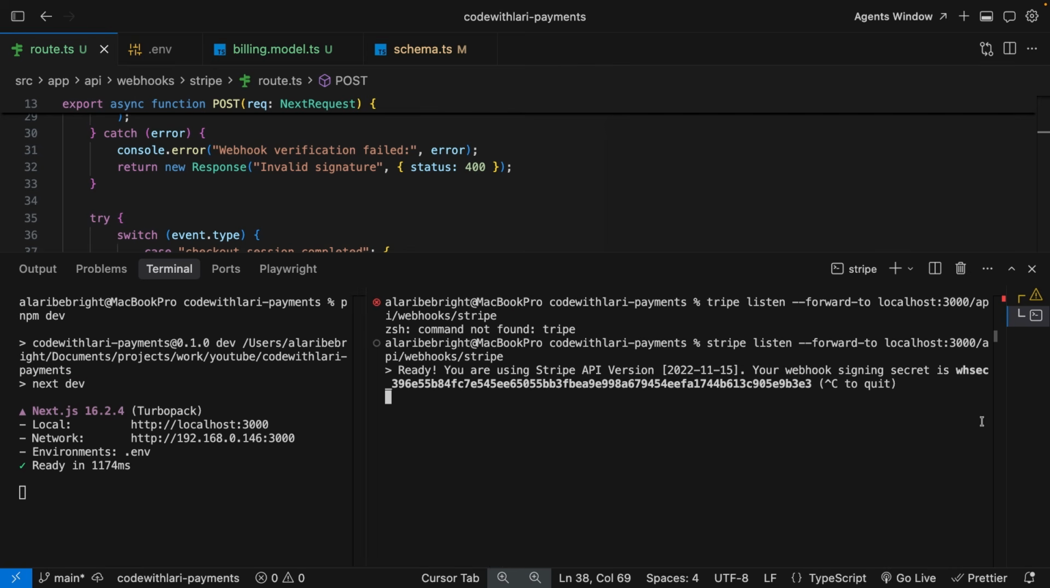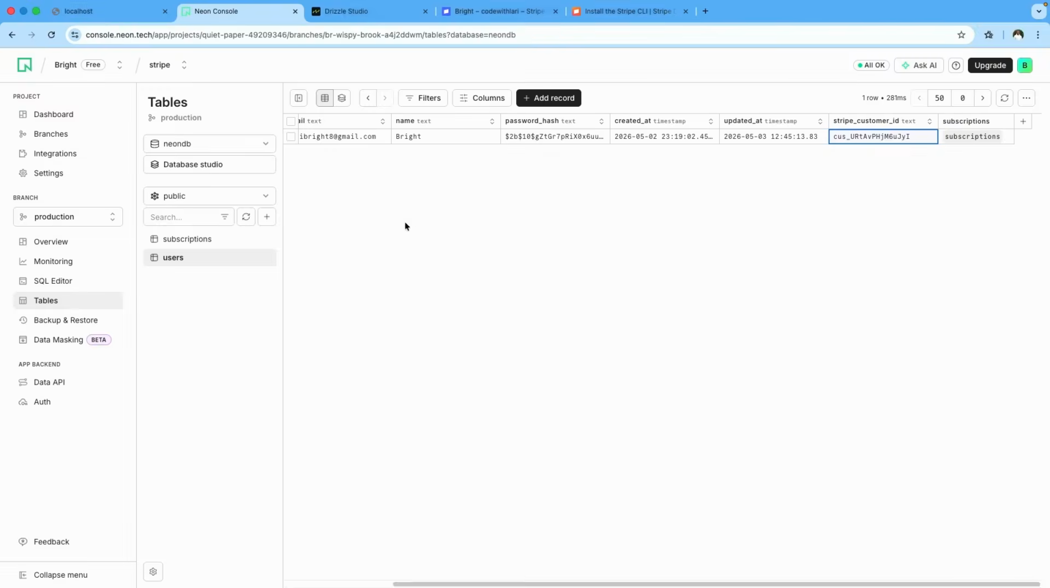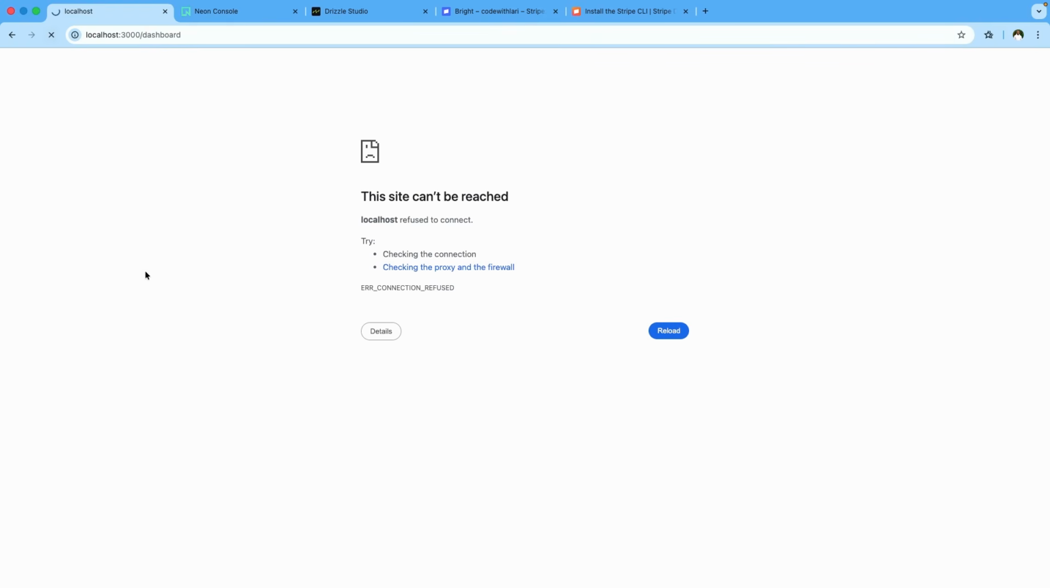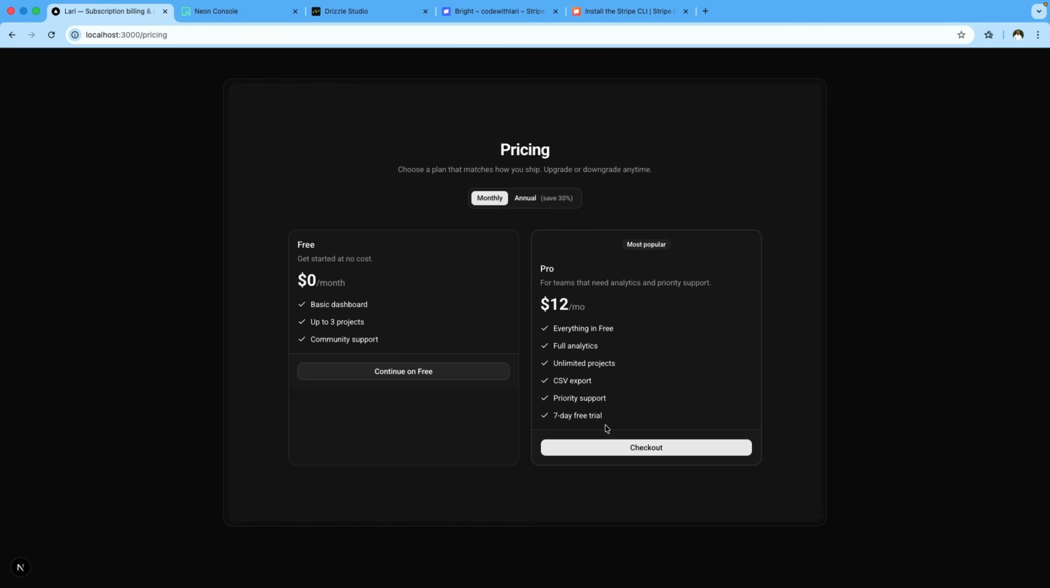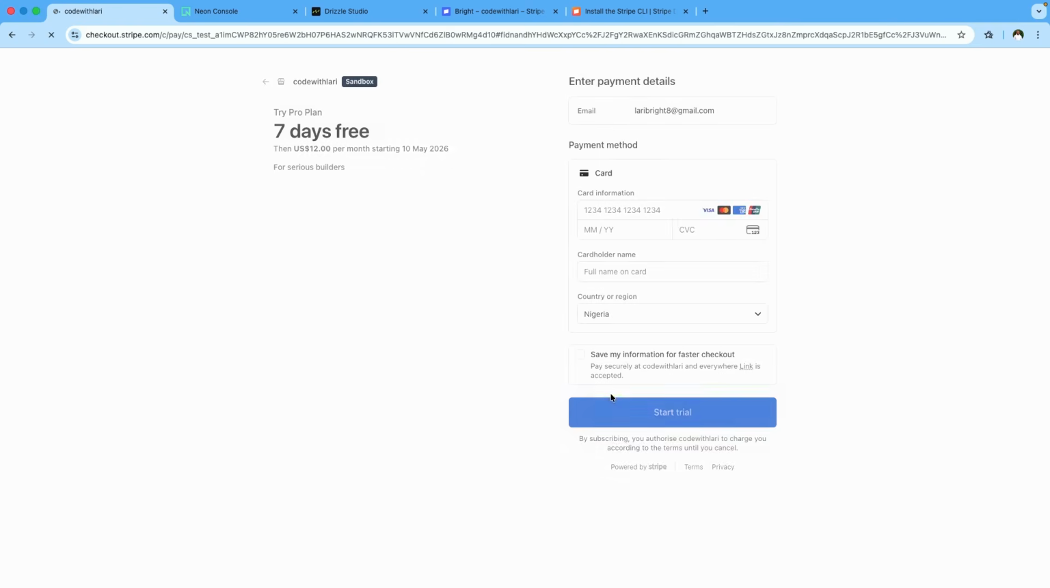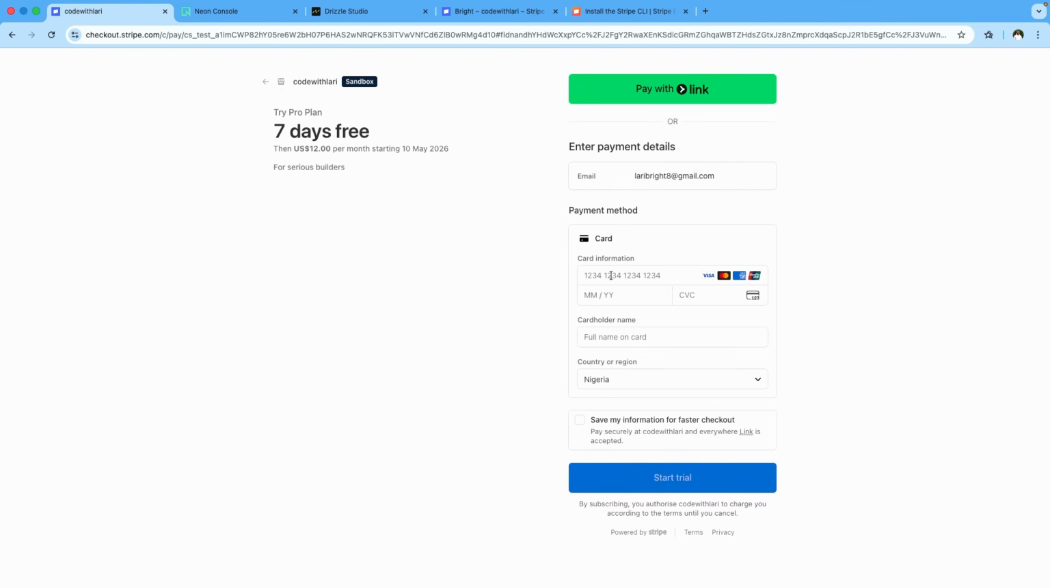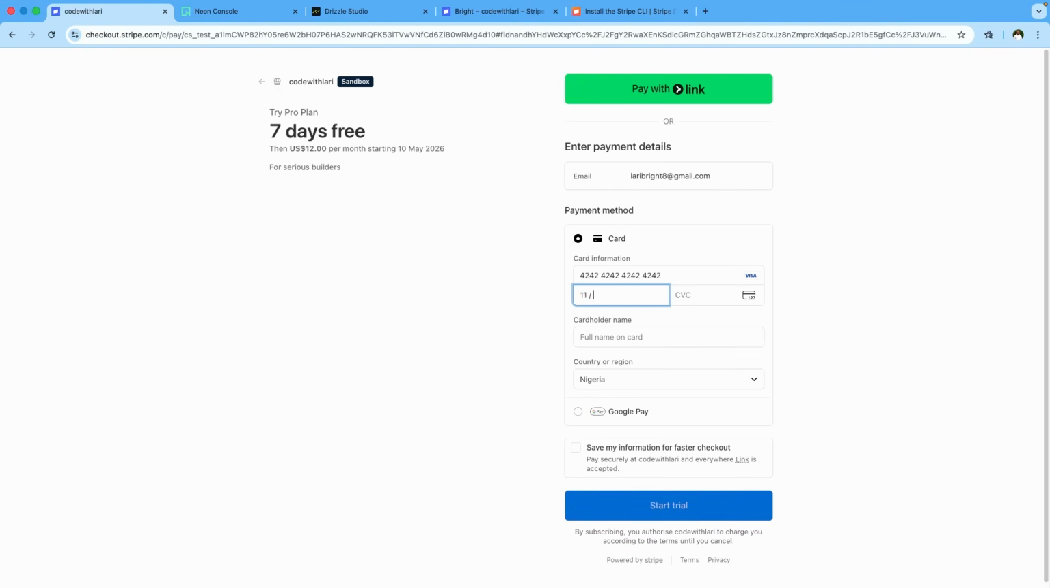We're going to come over here and try this out again. So I'm going to refresh the dashboard, and over here in the dashboard, we're going to hit upgrade to pro. The user comes over to the pricing page. The user hits the checkout, and once the user hits the checkout, it redirects us over to this page. And then in this page, we're going to go through the checkout flow. And then for the month and the year,